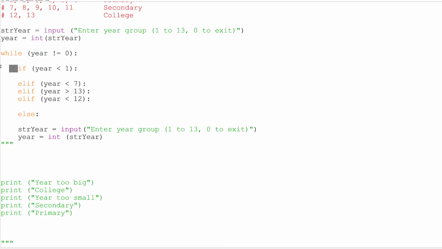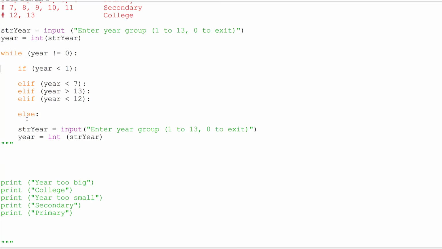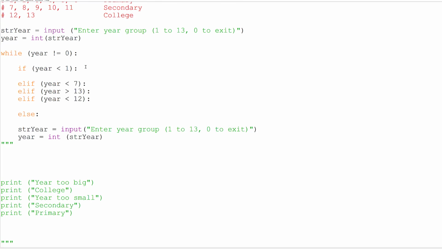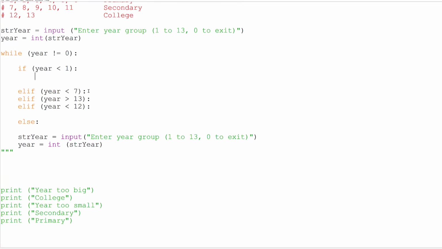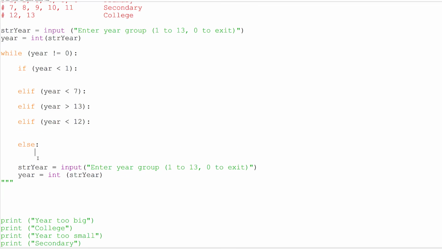Now I added indentation myself with just tab. Keep it really consistent so that it's always the same level. This is inside the while loop and so therefore must be indented one level across. But the things inside the ifs and elifs have got to be indented another level across so that they're within